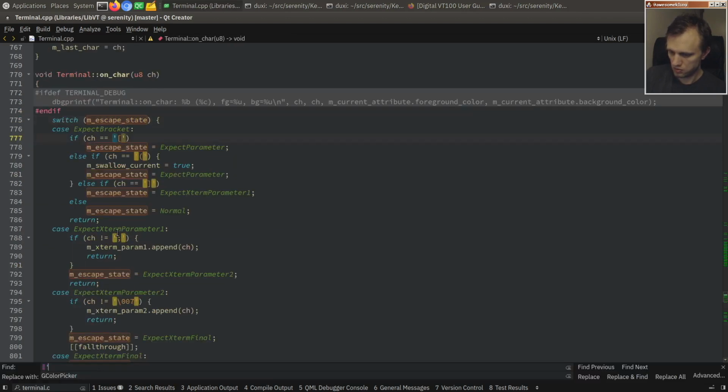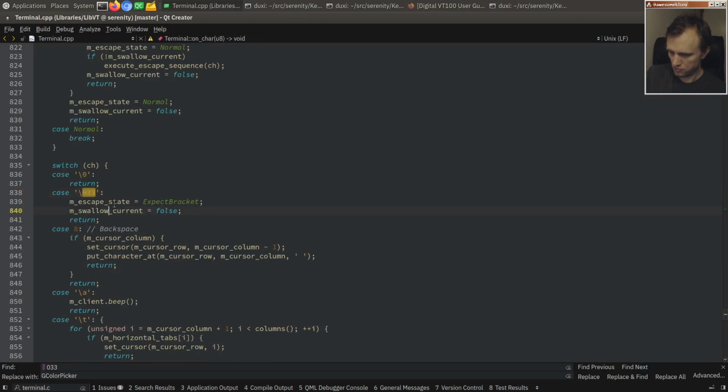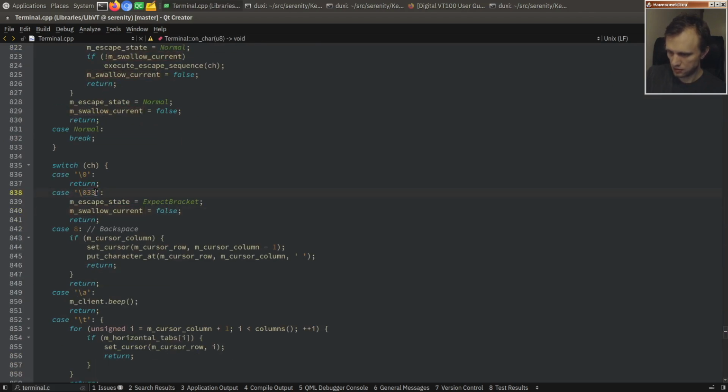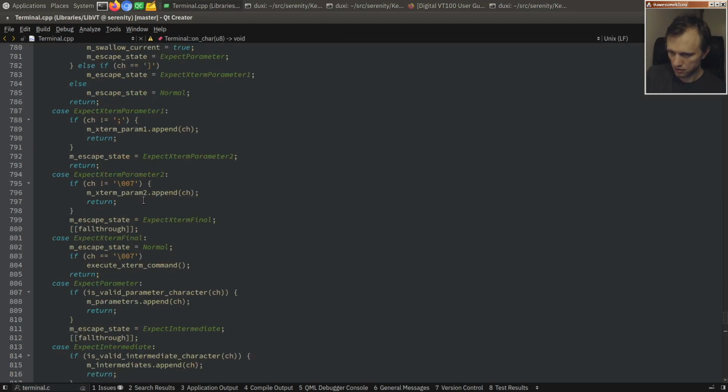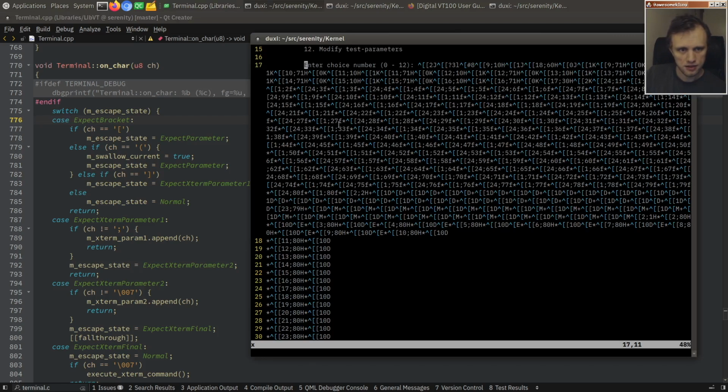Normal. Okay, so when we get an escape character, we go into state expect bracket. But if we are in expect bracket and we get a hash sign,